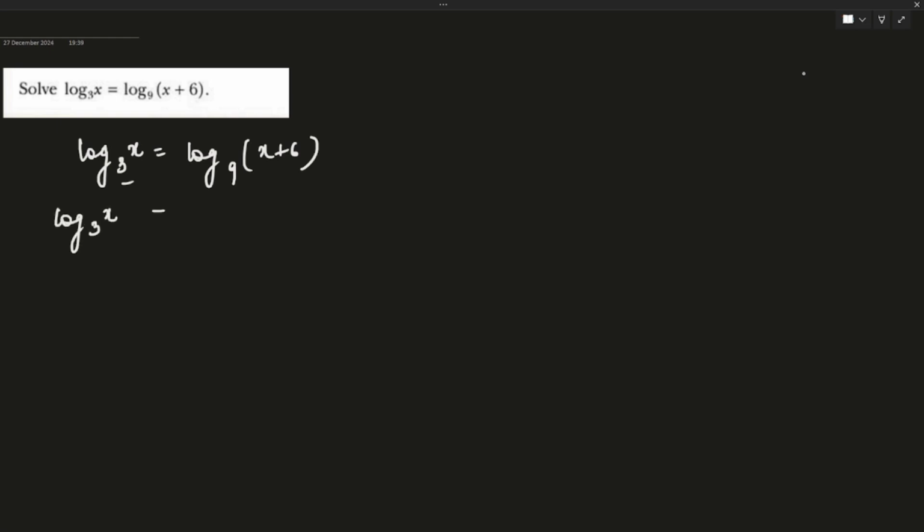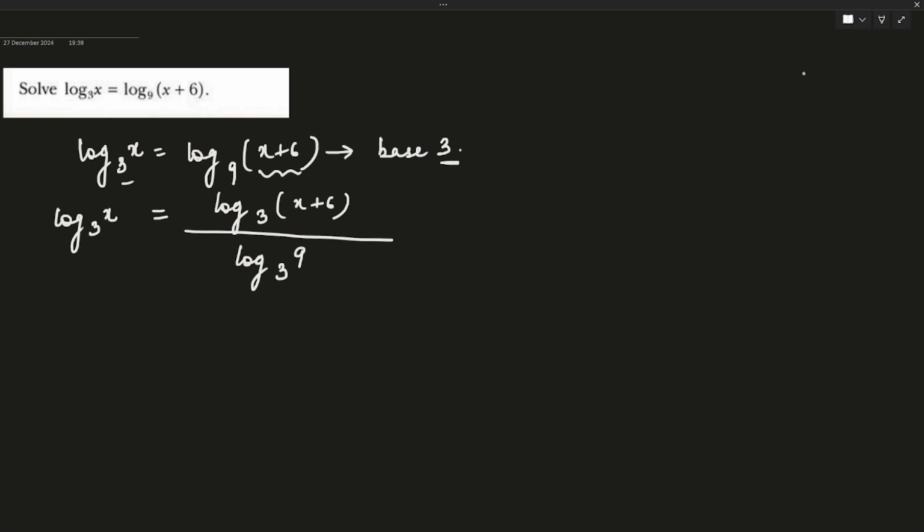So first we have to make the bases the same. How will we make the bases the same? Let's make everything to the base of 3. So now you have to convert this to base 3. What will be our answer? It will be log of the argument, x plus 6, to the base 3 upon